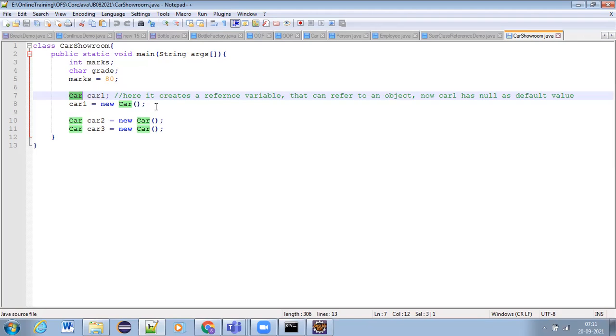Is it clear, guys? So a class, after defining it, can be used as a user defined data type. That point we need to remember. And when we are declaring a variable of type class or our custom user defined class, it will be only a reference variable. The default value in this reference variable would be what, guys?